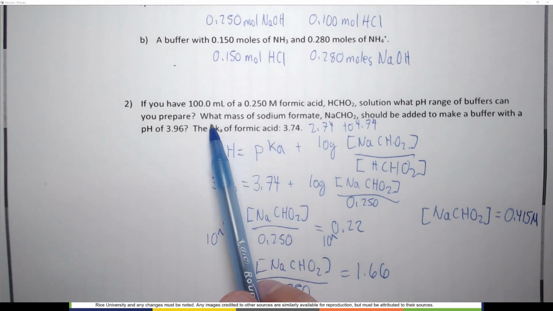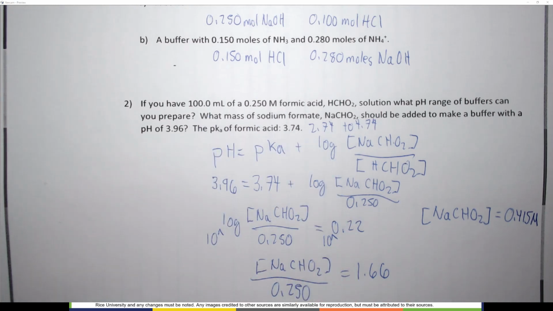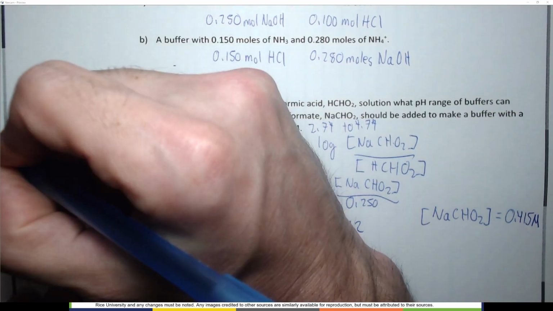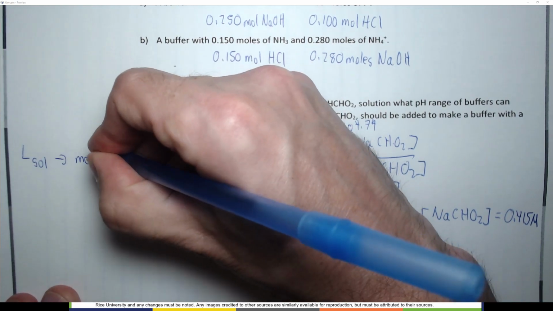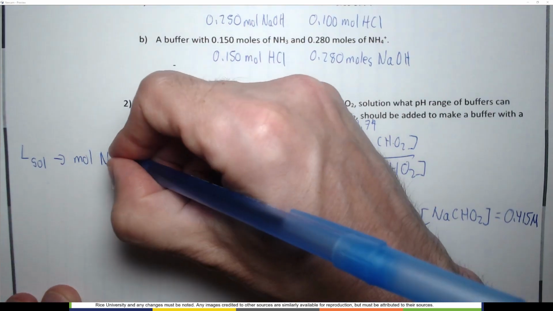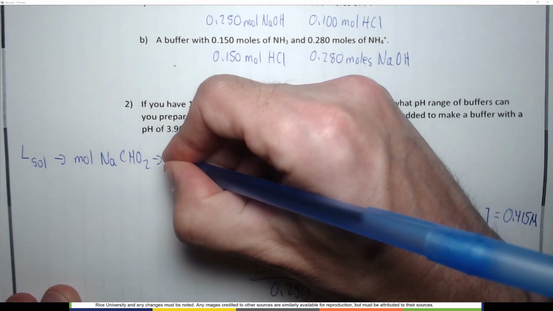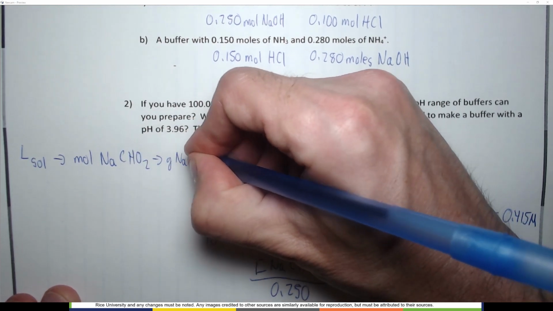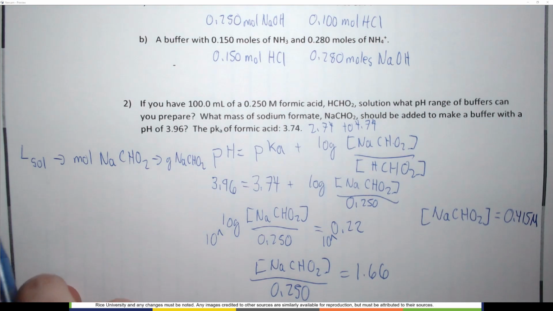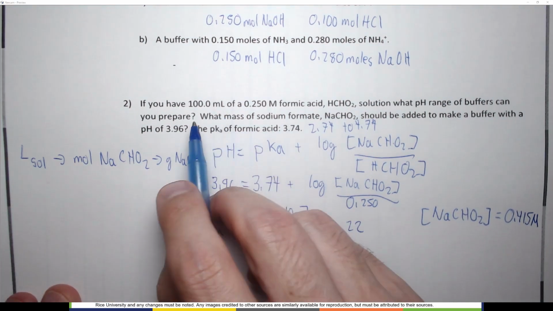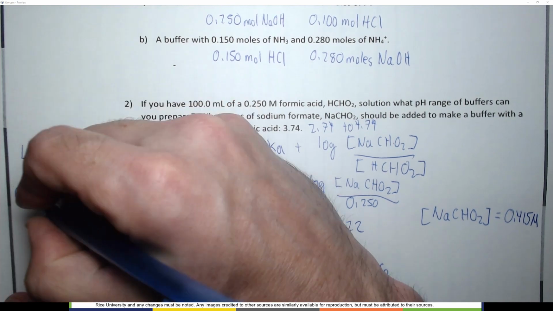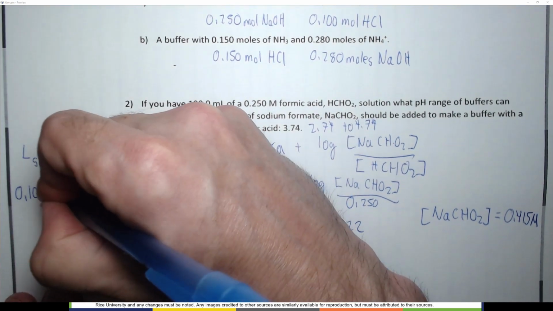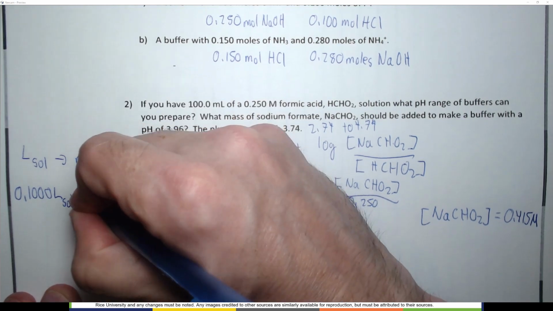Unfortunately, it doesn't ask us for the concentration. It asks us for what mass of sodium formate should be added. Well, in order to do that, we need to do dimensional analysis. So we need to convert from liters of solution to moles of sodium formate, and then finally to grams of sodium formate. In this case, we're told we have 100 milliliters of solution. We need to convert that to liters, divide by 1,000. So we have 0.1000 liters of our solution times